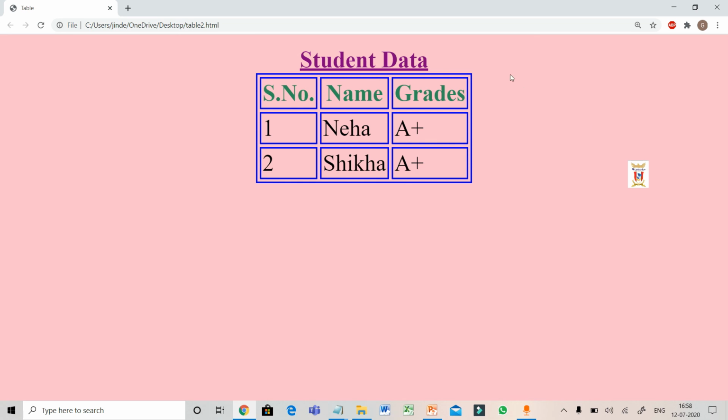Now, as you can see that I have a caption to the table, which is student data, which is underlined and bold. Second thing, I have added a border. You can see a border here. Then the TH alignment was center, you can see the grade, name and serial number is in center. Then the TD is in middle. So this is how both border and horizontal and vertical alignment property works. Hope you understand well. Please do the program.